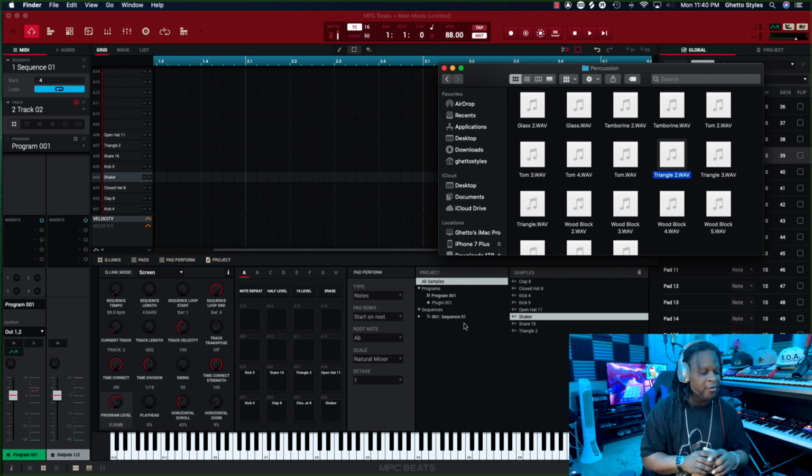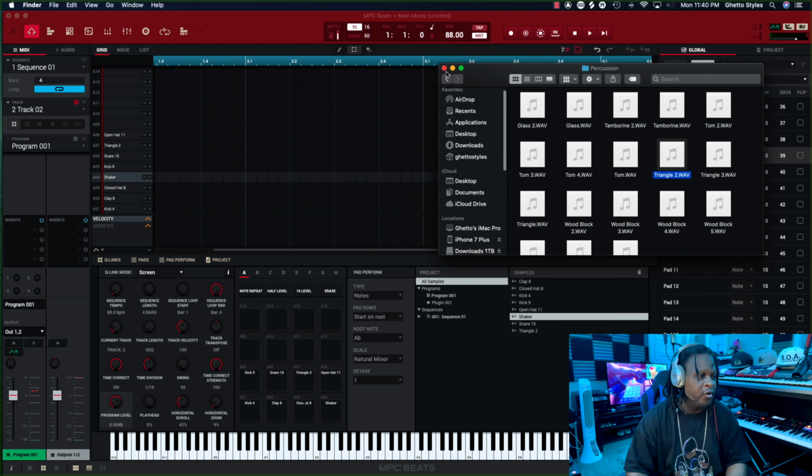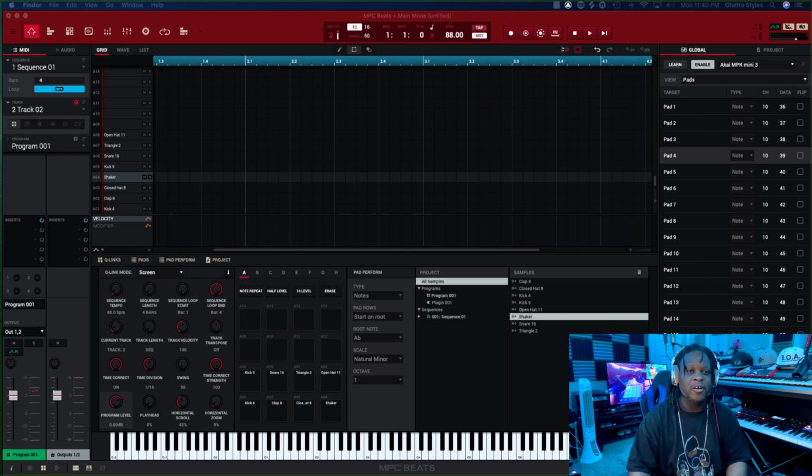I'm terrible at finger drumming. Let me stop. But as you can see, it's very easy to build a drum program inside of the MPC Beats software. Now, next, once you've built out your drum program, say you want to save this drum program for